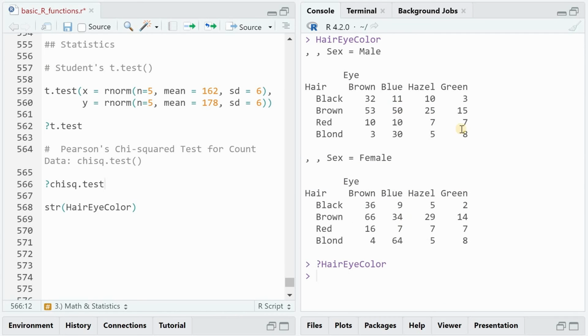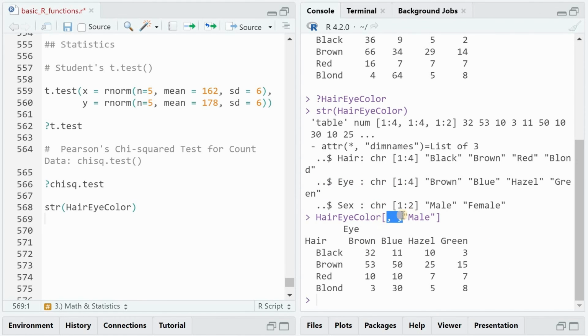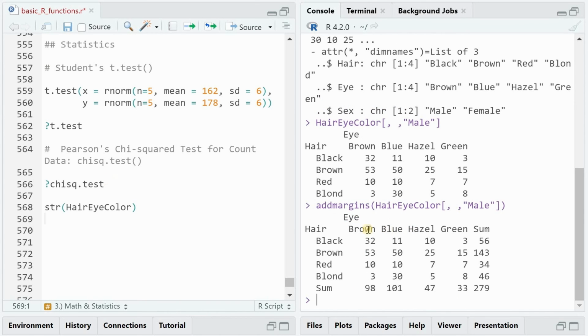And you see the different count numbers. The structure tells you that the data is stored in 3 lists with different dimensions, and we could access, for example, the hair and eye color for males only by specifying this third list item to be male. And now what I want to do is use the chi-square test to figure out whether eye color is independent of